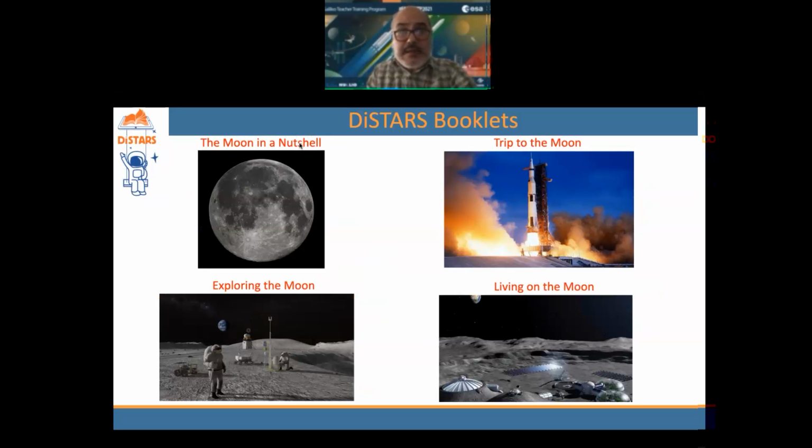So the booklets that we are finishing now, that are now in design phase, for this year, for this project in particular, the subject is the moon. We also saw during the first presentations that before humans reach Mars, probably we'll be on the moon again.